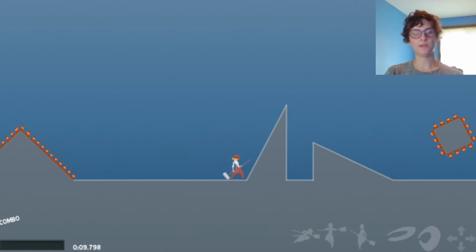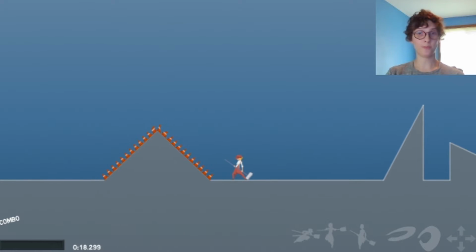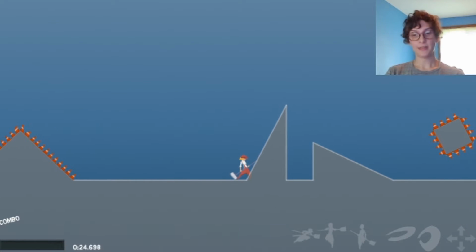Next I'm going to move on to spike stands. First let's understand the difference between a slope and a slant. So what we just saw here we call slopes because they're 45 degrees. That's exactly what a slope is. These however are called slants, termed by everybody who plays Dustforce. So it's these halfway angles that